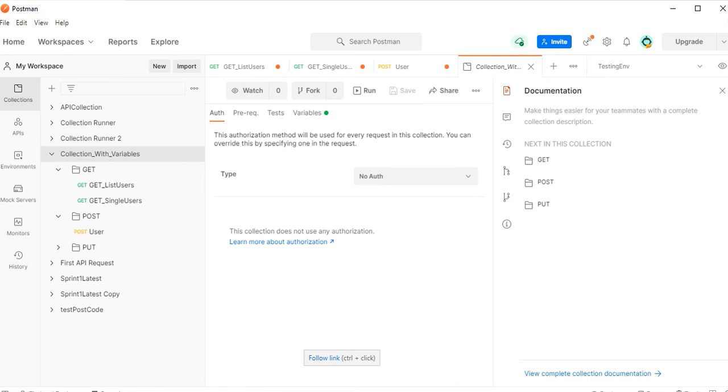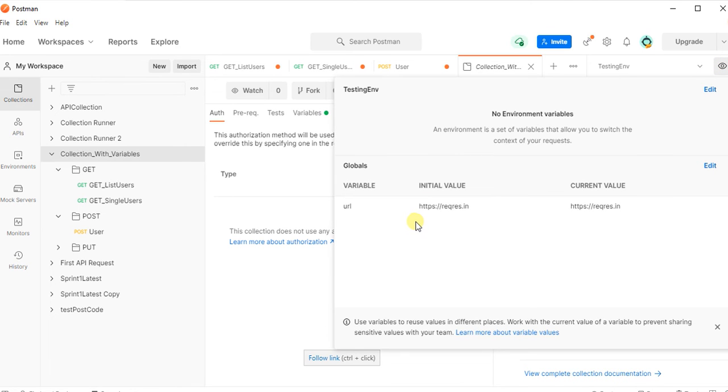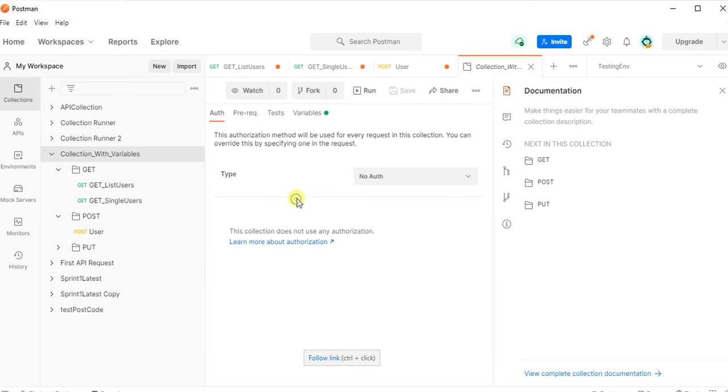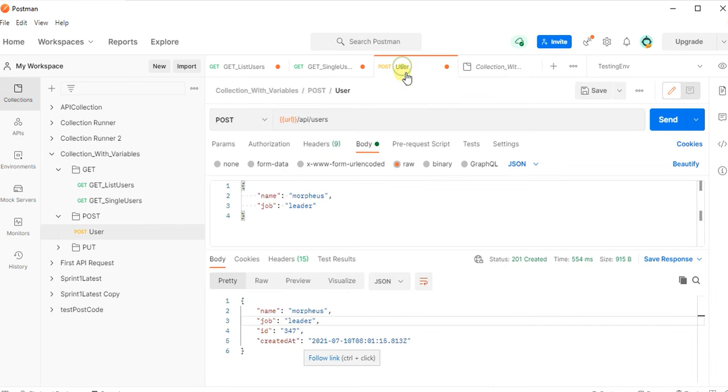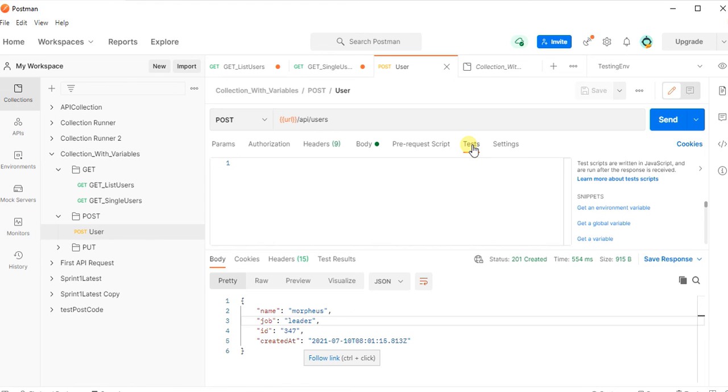And for the global variable, you can access the data between collection requests and test scripts. Here I can add the test scripts. Environments and global variables are available throughout the workspace. So currently I am using the default workspace. If you want to add your own workspace, you can create a new workspace over here.